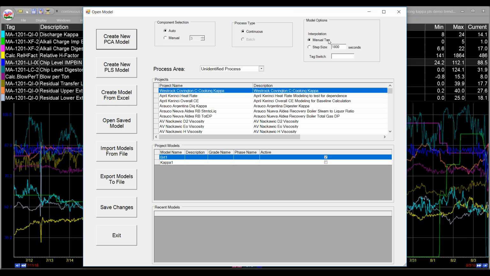And if there is a manual tag in the trend, which in this case our output variable is the manual tag, we set that earlier, then the interpolation will just match that manual tag. So for each manual tag data point, we'll calculate a prediction. If you select this step size button here, then you can manually set an equal interval for each prediction. But again, in most cases, you want to just stick with the manual tag data points for each prediction. Okay, so we'll go ahead and click Create New PLS Model